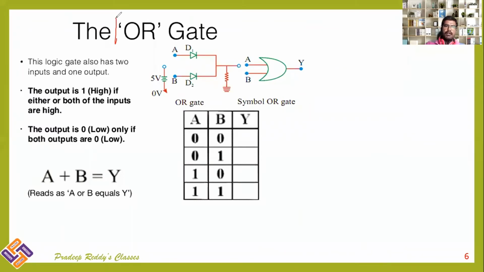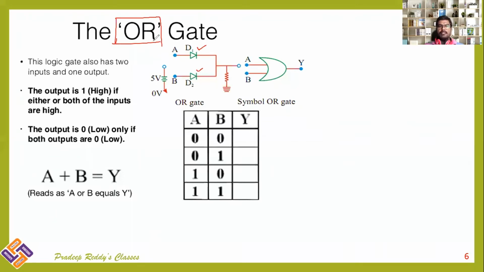Now we have one logic gate which is OR. OR is the logic gate. Now in the construction of the OR gate we have 2 diodes, D1 and D2. These are the 2 diodes which we are using in the OR gate, and you have 2 input signals. Input signals can be high or low. Input signal means that you are providing one positive voltage and negative voltage continuously in the form of a signal.